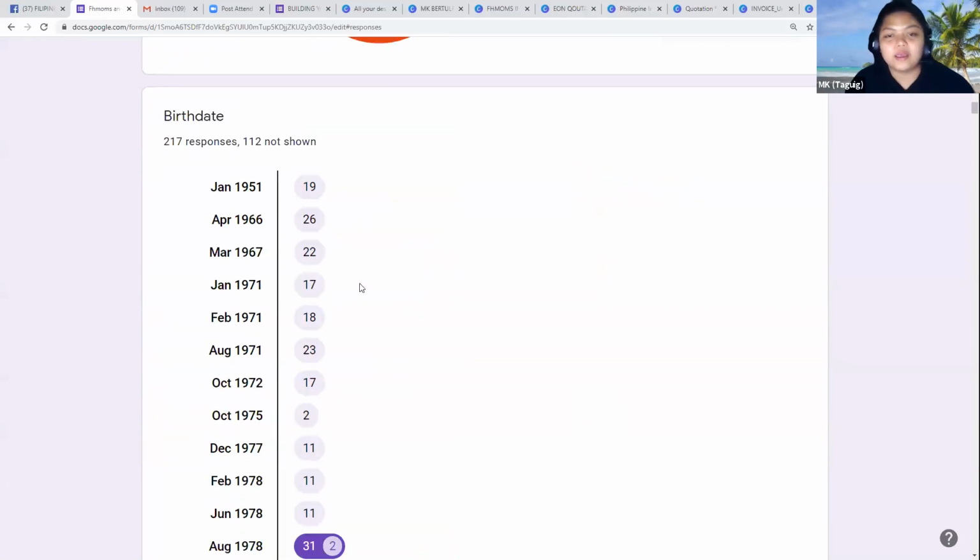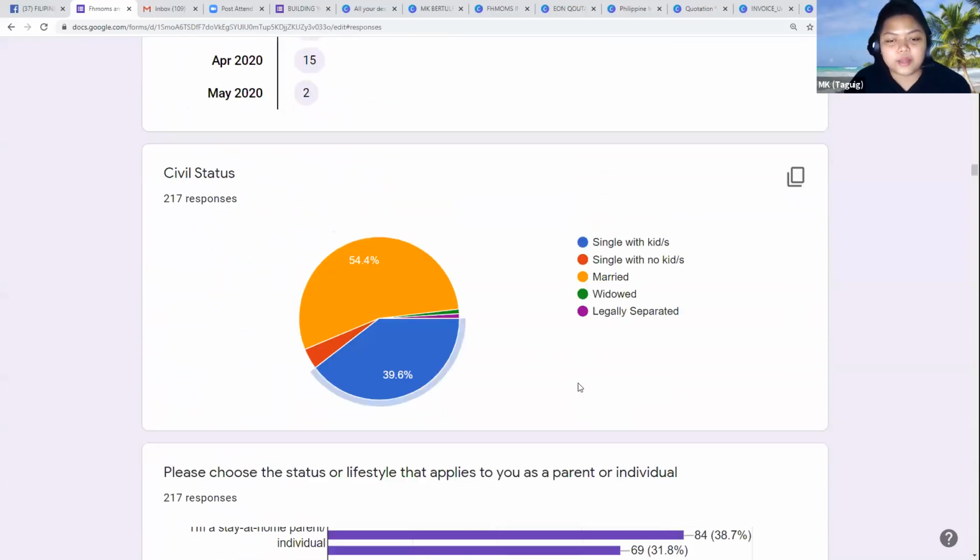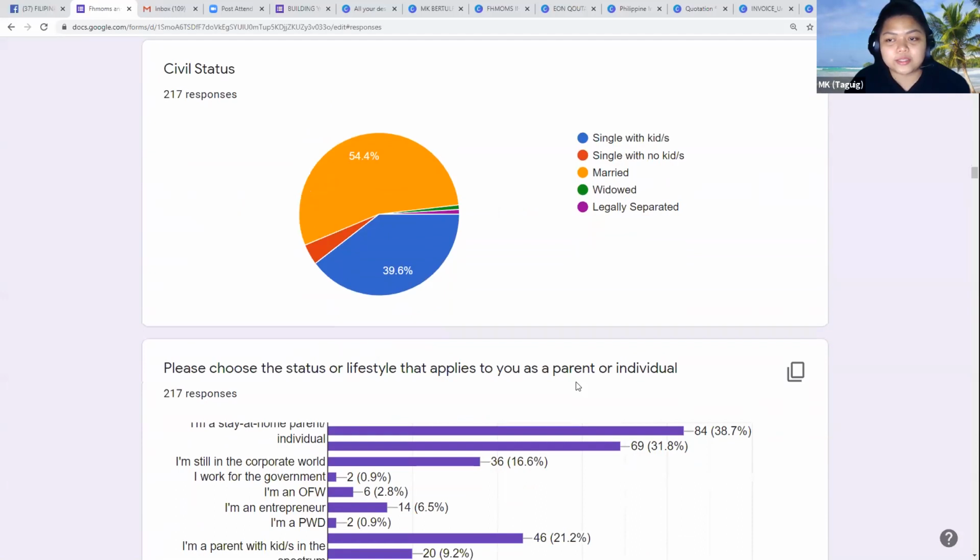For example, let's say for example naman, sorry about that, that's a super sensitive na data. Here we can say na, oy, this respondents are married and they have kids. So mga pamilyado na to. So maybe these people are responsible na.